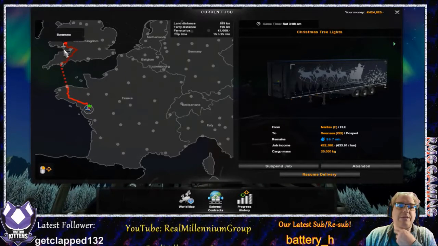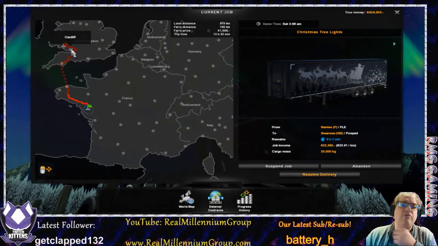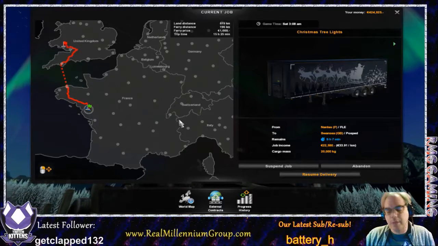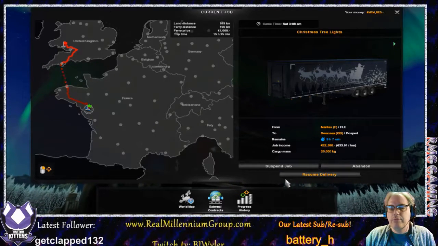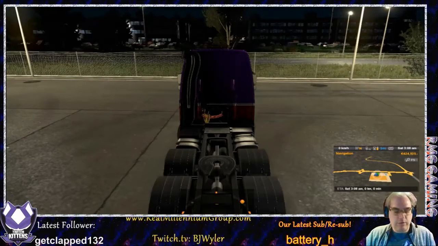And what's nice about that is that we have to discover Swansea, both Cardiff and Swansea. Don't know if we'll get Cardiff discovered. I guess it depends on the routing, but we can definitely get Swansea discovered. We might just reroute ourselves through Cardiff, get both of those cities discovered. So we'll go ahead and resume the delivery so we can get on the road here, because this is going to be quite a bit of a long trip here,